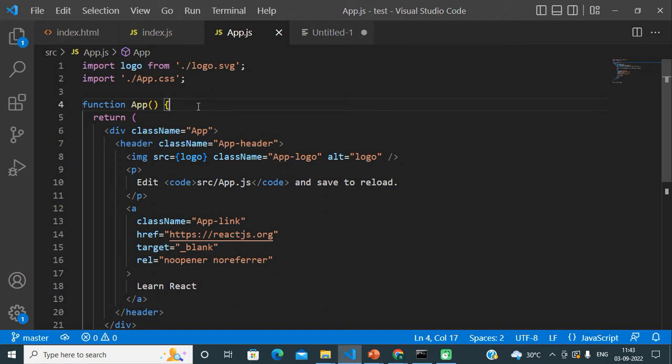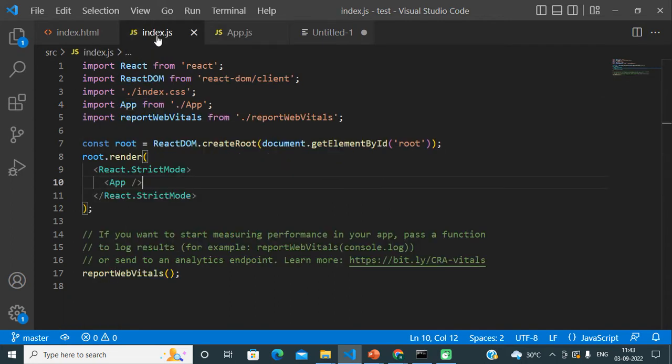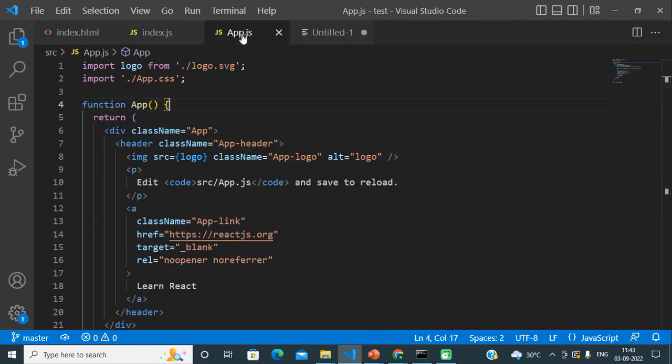We saw that by the index.js file, the React.js application is rendering a default component, that is the App component, and that is why whatever user interface we can see on the browser after running the project comes from this component, and the file associated with this component is this file, App.js.